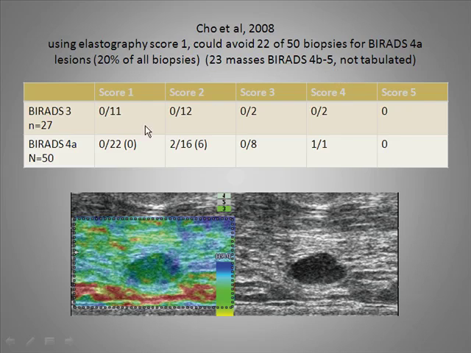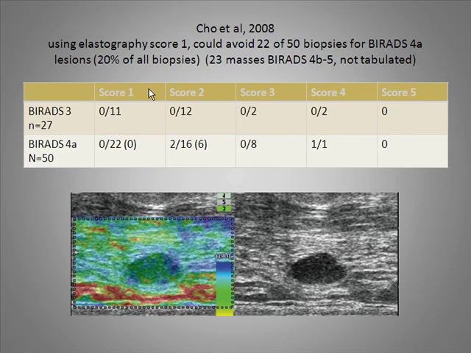But in this subcategory of BI-RADS 4A masses, none of the cases with an elasticity score of 1 were cancer. As soon as you go to score 2, you start to see some cancers. So it seems reasonable that using a cutoff of score 1 to score 2, elasticity score 1 with BI-RADS 4A, do not biopsy. Elasticity score 2 or above, take it to biopsy,